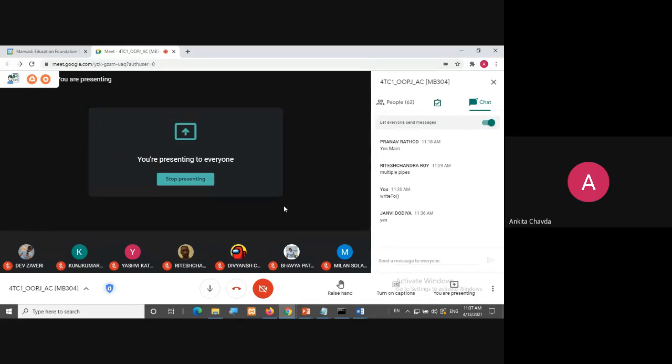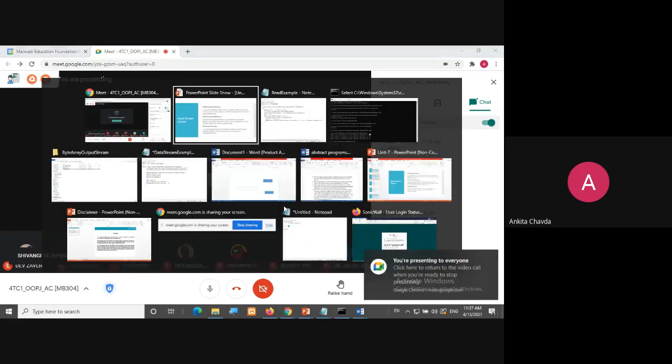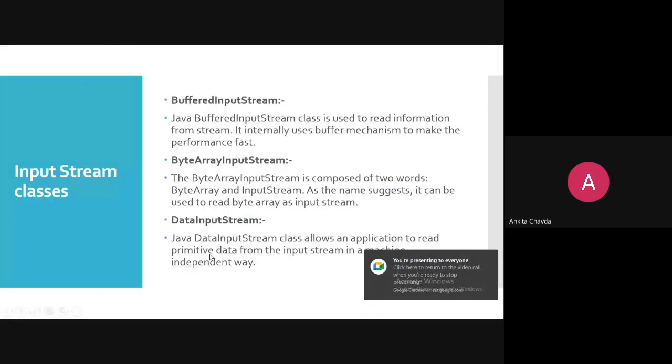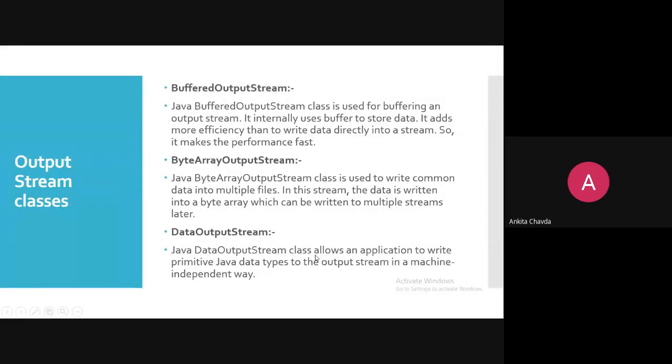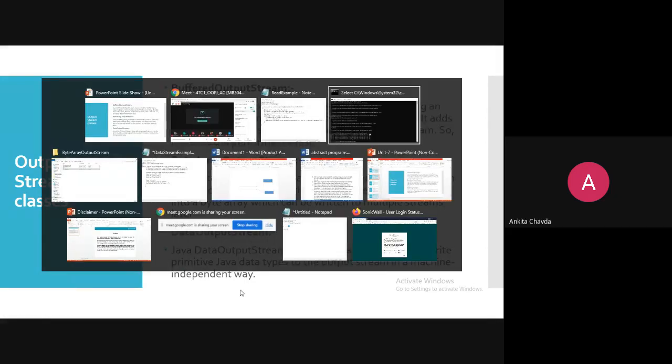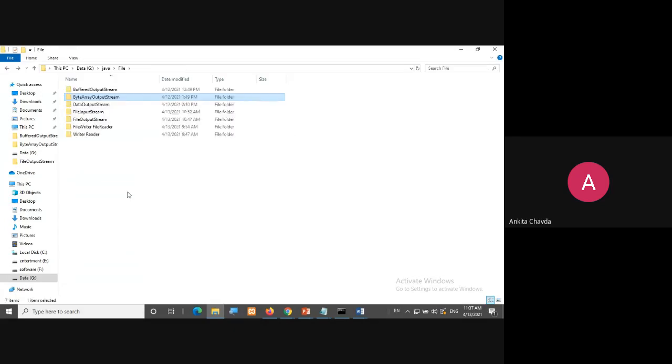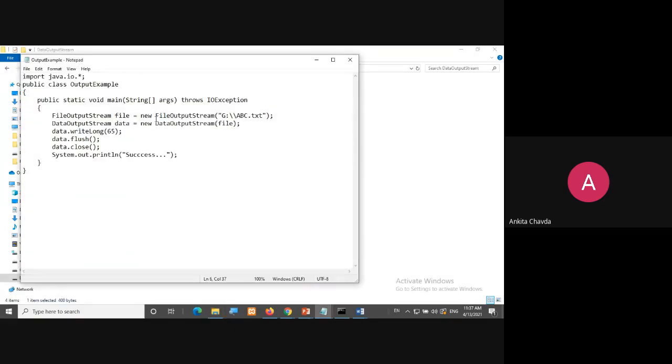Over there you cannot write 65.3. So what is the meaning of 65.3, right? So it is nothing. So in that case, we are writing Java primitive data, okay? And here the same thing, the Java DataOutputStream class allows the application to write primitive Java data types to the output stream in a machine independent way. How it is machine independent, that I'm showing you, don't worry. So DataOutputStream, when I show you the example, you will get it.